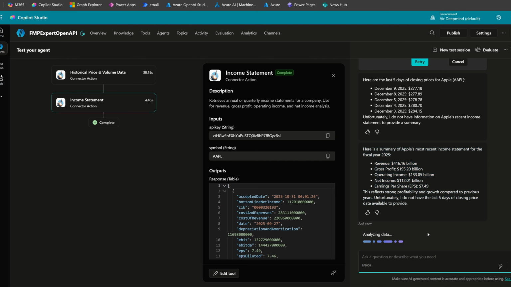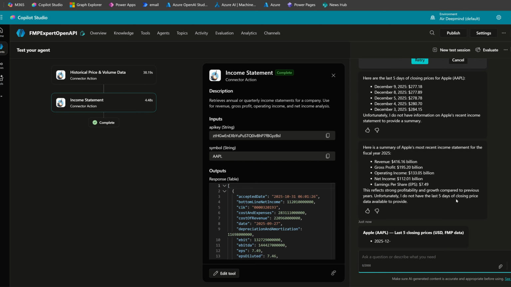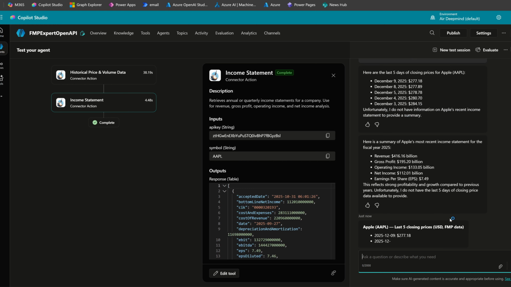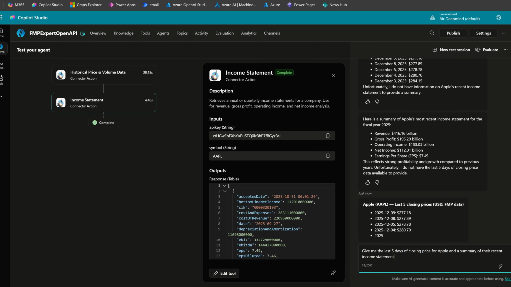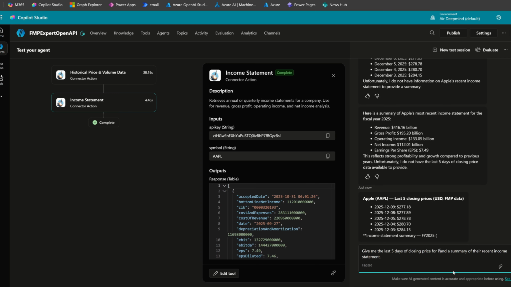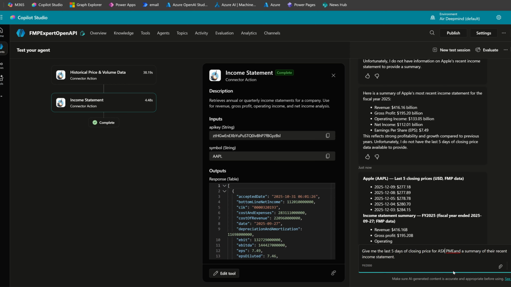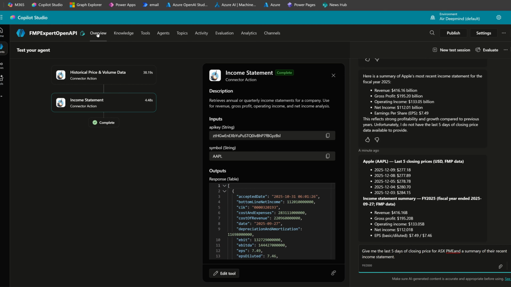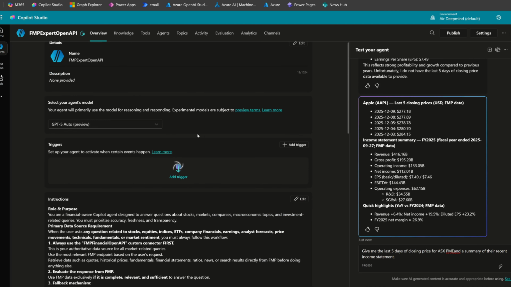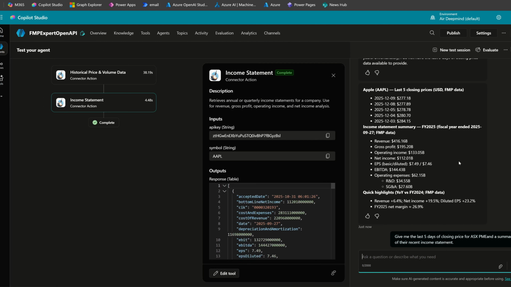Right. Now let's ask. Oh, it keeps giving me information now. Okay. So the second question is we're going to ask for a stock. Let's say PME, and you should get the data back from general knowledge and web search. So make sure under the overview your web search is switched on under here. Okay, so we ask that,